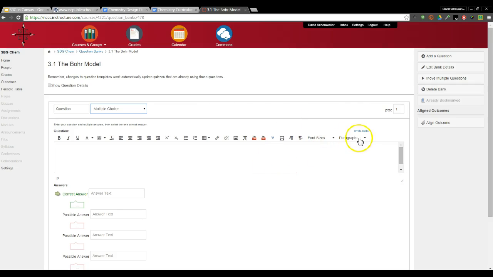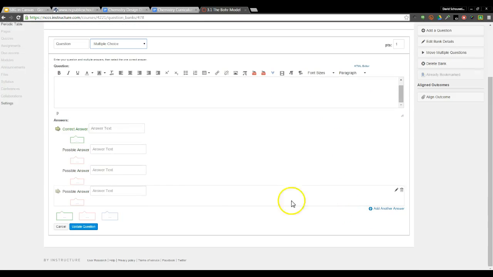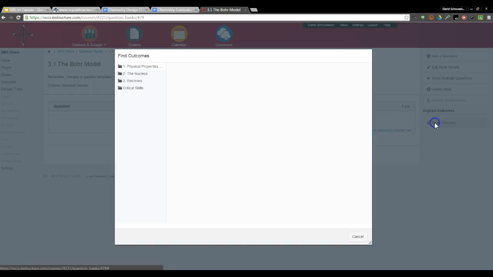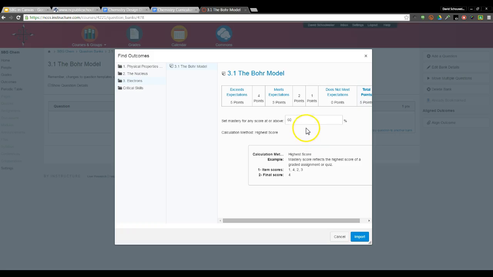into Canvas. But then once you're done, and once you've created all of the questions and selected which answer you want to be correct for each of those questions, I'm going to go over here on the right side and align the outcome I just created to this question bank. So I'm going to click Align Outcome, and in Objective 3, okay, I created Objective 3.1, and let's say I want mastery, so this will tell me exactly when students get a 4, okay? So I want mastery to be at 100%. I want my students to get all of the questions right in order to earn 4 points, in order to earn a level 4 mastery. And so I'm going to import that